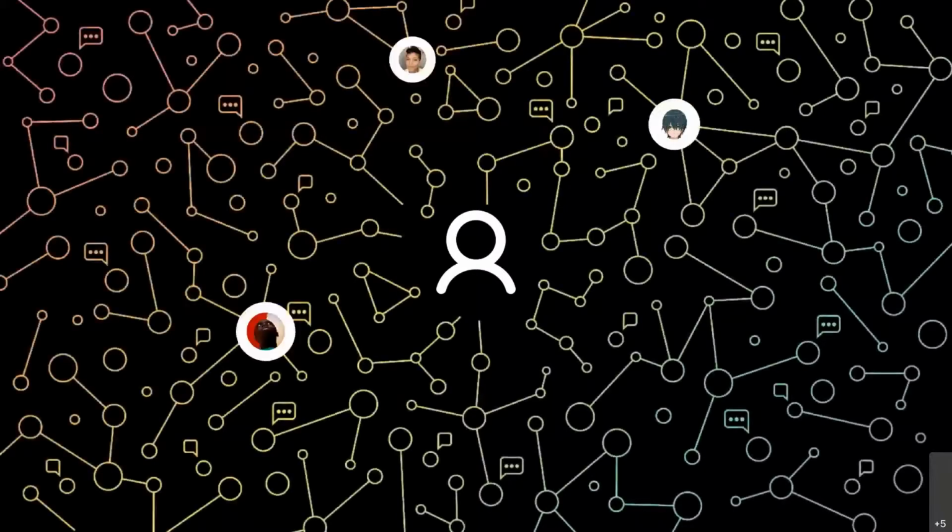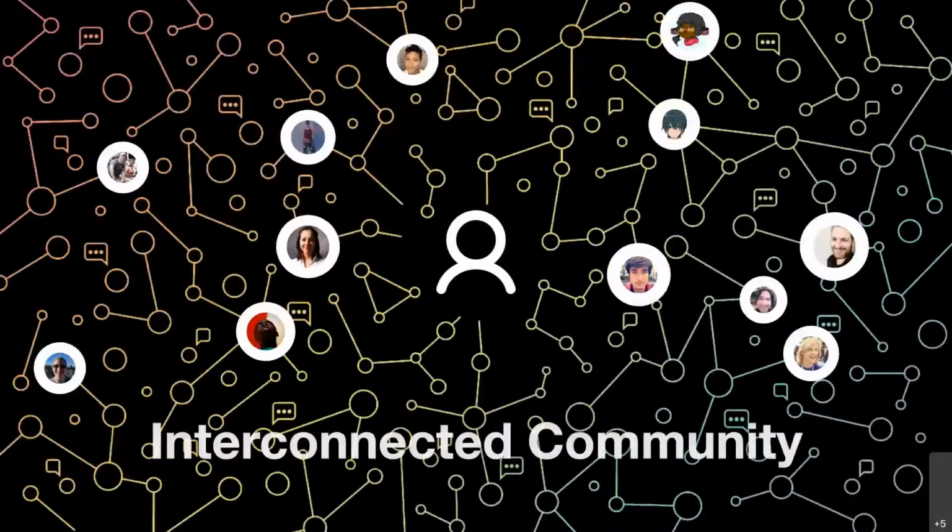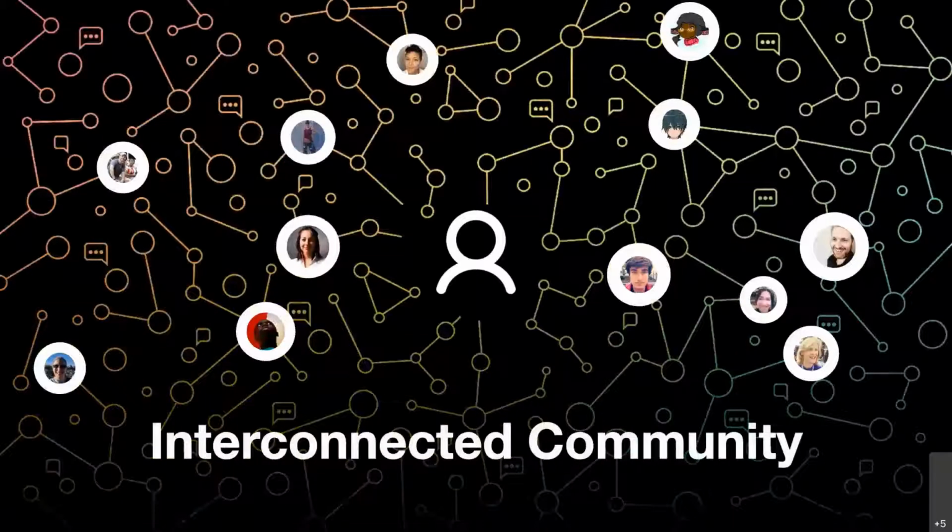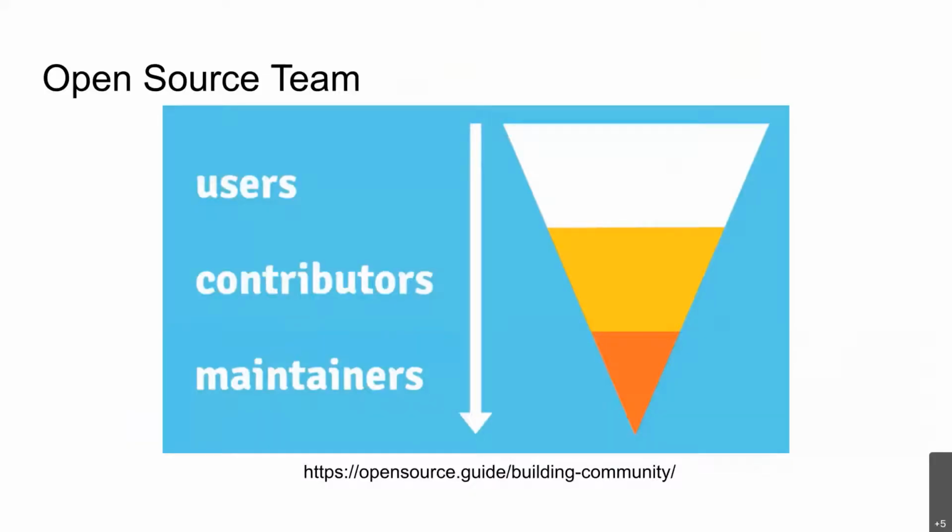So what we're seeing in the world today is an interconnected community. When you think about open source, it's an interconnected community of developers, practitioners, and contributors across the globe who come together to work on projects. But it's not easy. Right? So when you look at an open source project, it's a reverse pyramid model. You will have millions of users. Users are the ones who take an open source piece of code or open source project and use it. That distills down to a few contributors.